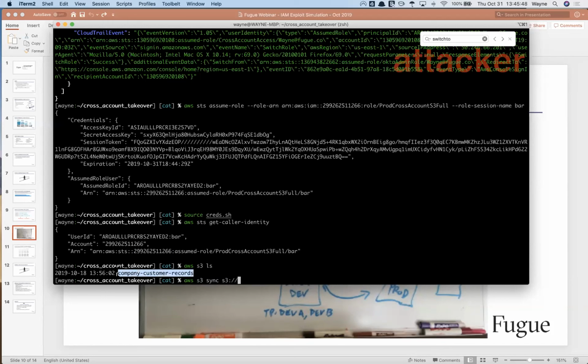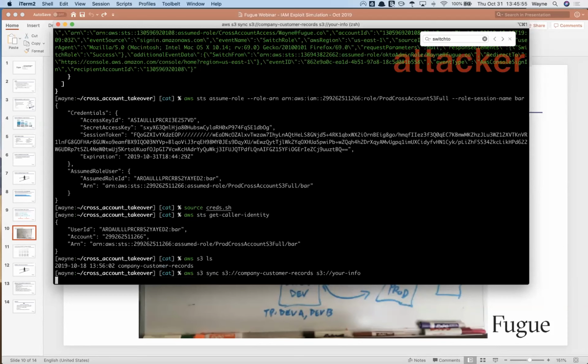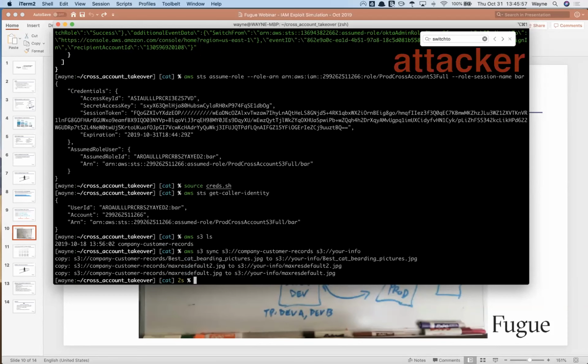I don't even know what's in this bucket, but I know it's interesting because it's in a production account. I believe I called it your info. And just like Josh showed earlier, I now stole your data. I now stole everything that's inside of here. You can tell by my titles that these are cat pictures, right? But you can imagine this